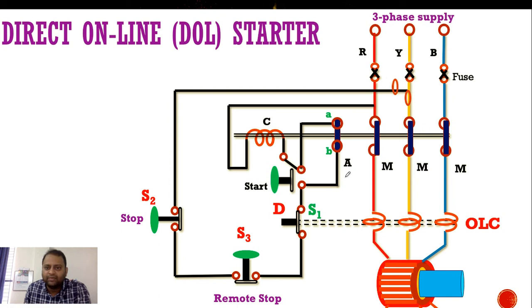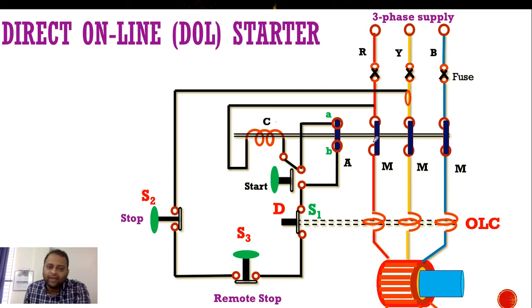Now see the direction of current. If you see the direction of current, it is straight away going from Y, the same path again up to S2, S3, S1. But after S1, it is going to B and A from the connectors, so that this coil will still be active. If this coil is not active, the plunger will not be in the short circuit condition. So this current will make sure the current is passing through C and the plunger stays intact with the R, Y, B and M. So that current will flow through this motor and the motor starts and keeps running as well.